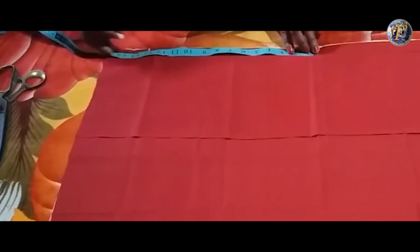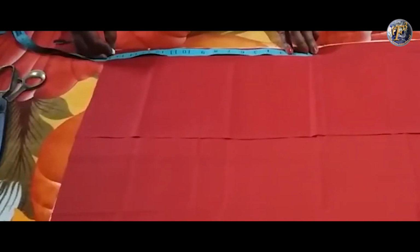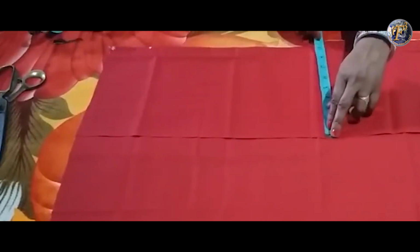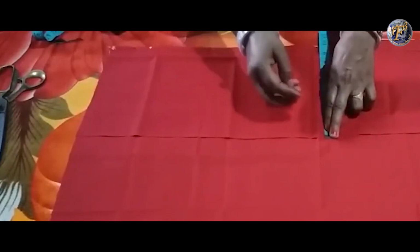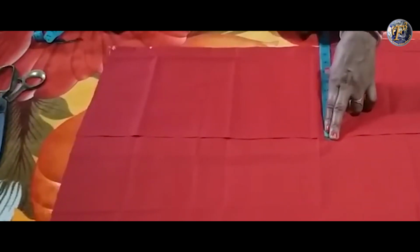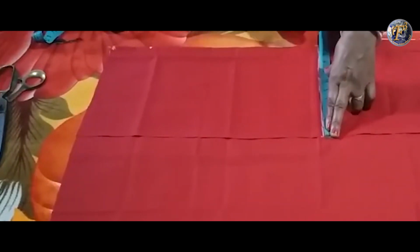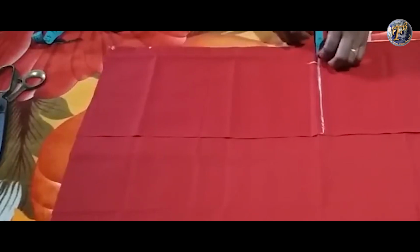Total length is 13 inches. We have taken 2 inches extra. Chest 10 inches means the blouse is 40 inches. Here, chest would be 10 inches and its 4-time measurement would be 40 inches. Chest 10 inches, neck 2 inches,